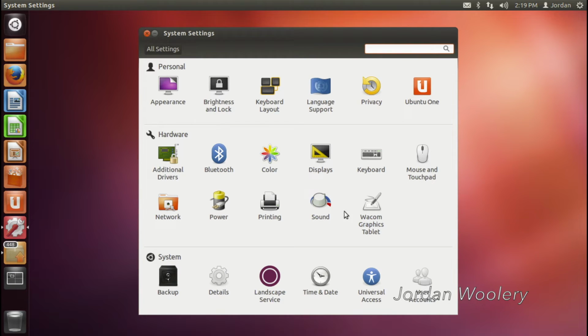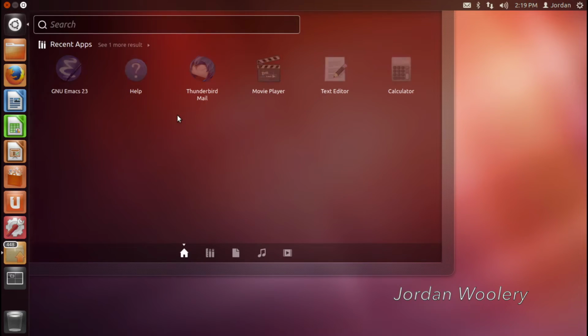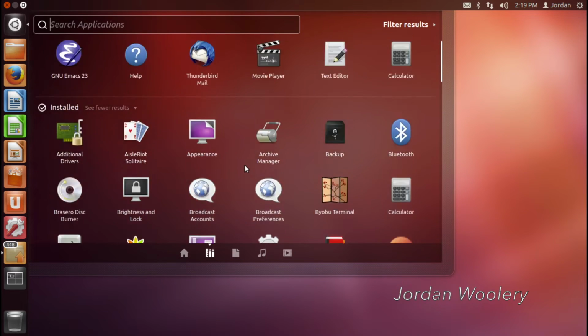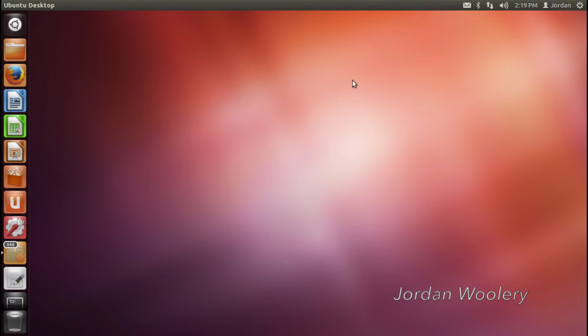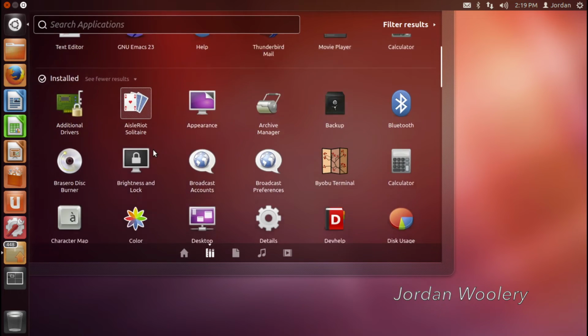But yeah, I think with everything having been said, I think that's all I can really show, because of course Tomboy Notes was removed, so that's not going to be in the installed list. I think they just changed it to whatever this text editor thing is here. Oh yeah, gedit. So that makes sense. They switched it to gedit, because of course GNOME. But I believe,